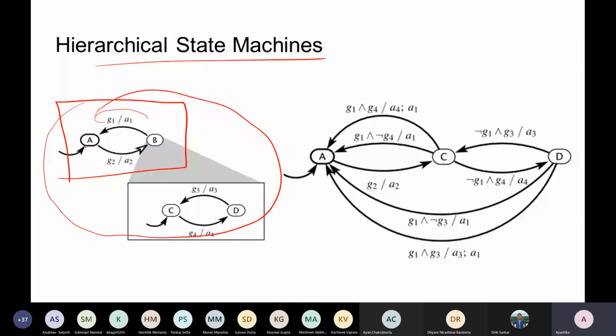It would have been simple if these are two simple states, but here we are thinking that B is not a simple state. B is basically a fusion of two states. B is basically a state machine, where the intermediate states are C and D. C and D have their own transition conditions like G3, G4, and so on. Now, when we are going to decompose that,